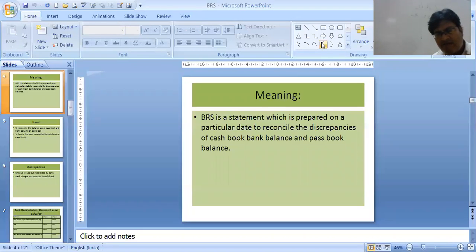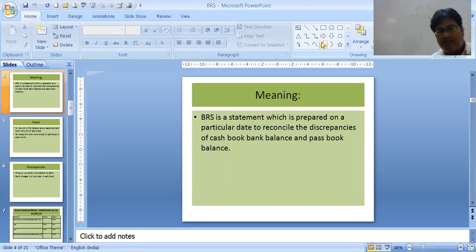So as it is a lesser value, there must be some checks, some deposits, some direct payments, some direct receipts, some issue of check, or whatever be the reason, there is something which has not matched in the cash book and passbook. And that is why our cash book's bank column and passbook are not matching. If there is matching, there is no question of preparation of BRS. When there is a mismatch, we prepare BRS to find out why the mismatch is, where the money has been, what happened, and where and how, just finding out why and where the balance is.